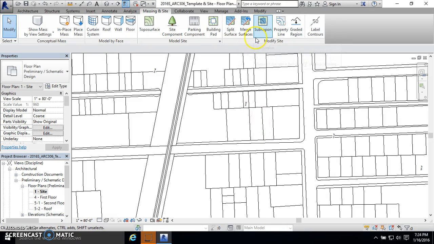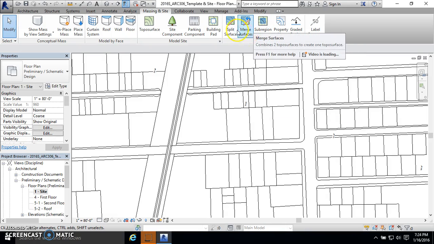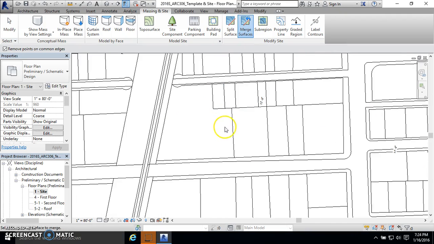One is merge surfaces, and the other is subregion. Basically, what merge surfaces does is it takes stuff that you split and merges it back together. So you can see, if I click on merge surface and then hit two surfaces, it merges them back together. So if you ever make a mistake, you could merge this whole block back together if you wanted to, and start all over,